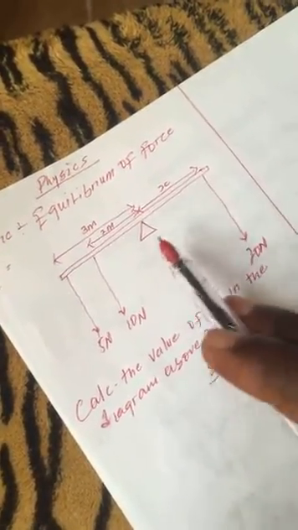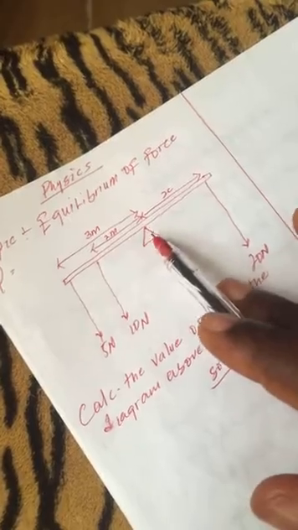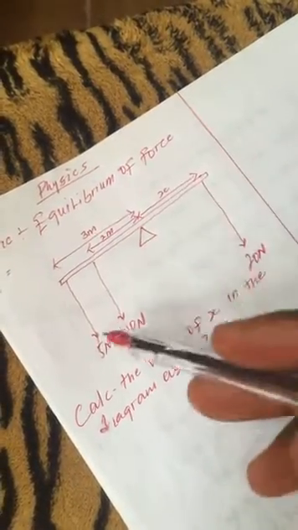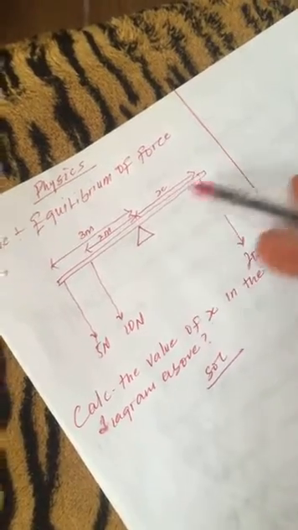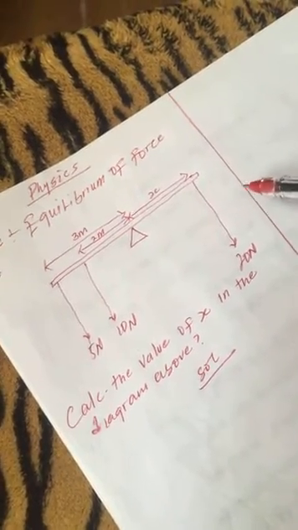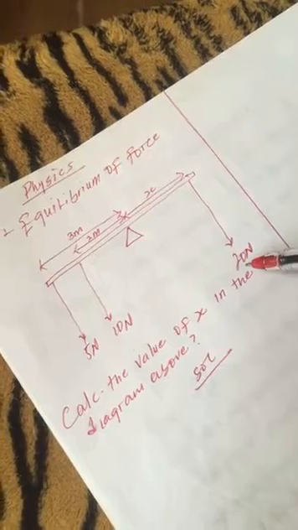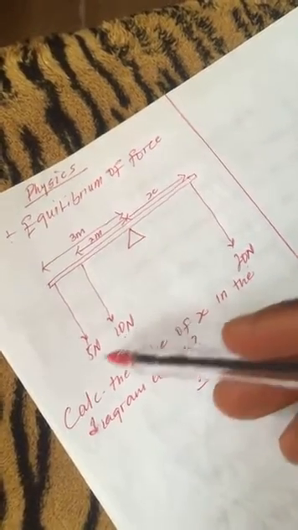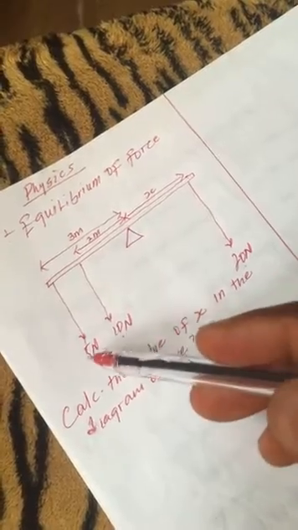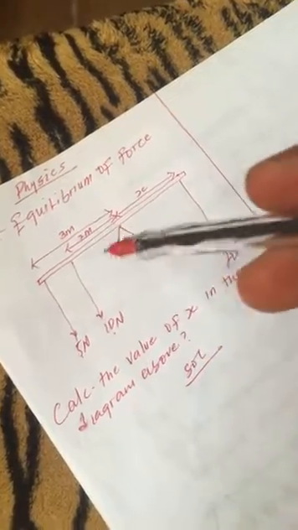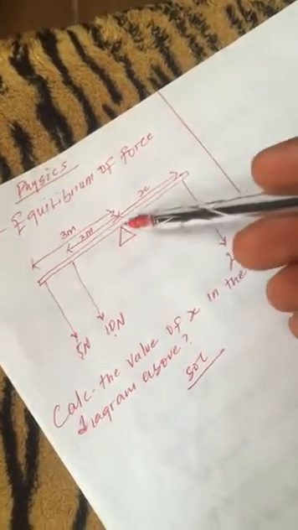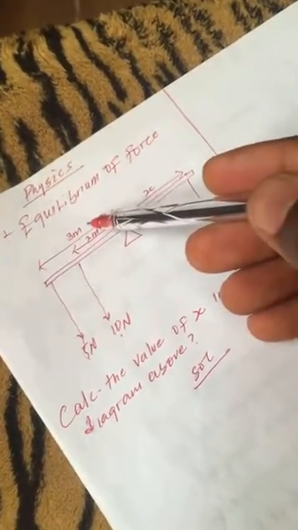In this diagram, the body here is being balanced on this knife edge, and the body is balanced by three forces. Three forces are acting on the body. The force on the right hand side is 20 Newton, while the two forces on the left hand side are 10 Newton and 5 Newton. And don't forget the distance from the 5 Newton force to the point at which it was balanced is 3 meters,